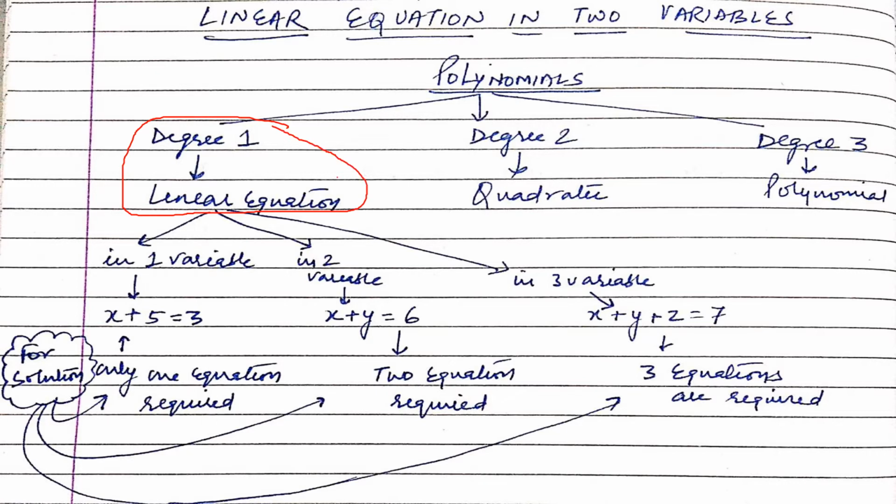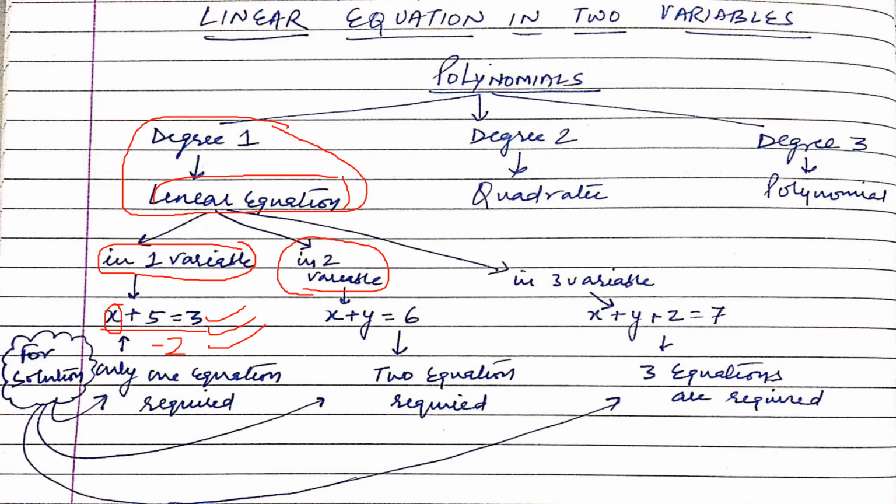Now, in linear equations, we have studied this already. Linear equation in one variable in class 8, in which we studied equations like these: x plus 5 equal to 3. And you can just say what is the value of x, isolate the x, 5 will go to this side, it becomes 3 minus 5 is equal to minus 2. So you observed in linear equation in one variable, you required only one equation to find the value of the variable. It was very easy. But now one equation won't help in the case of two variables.